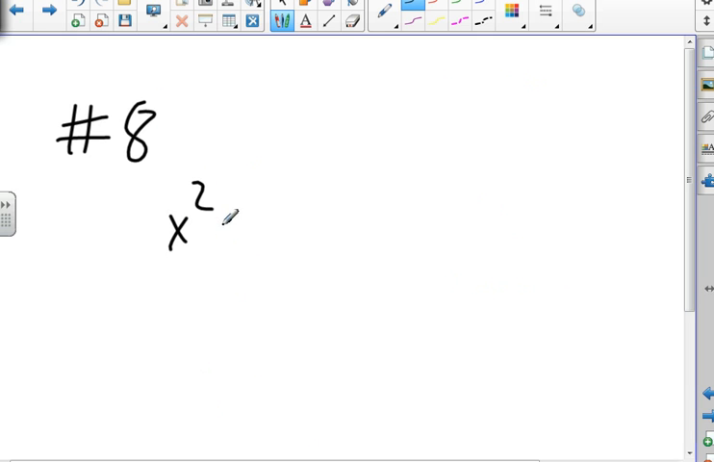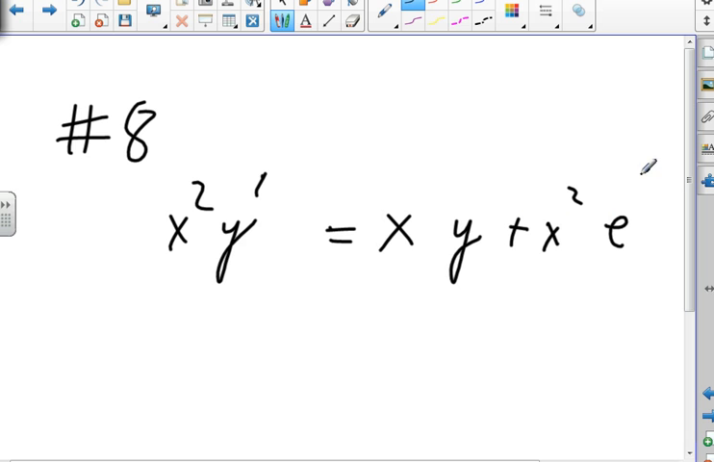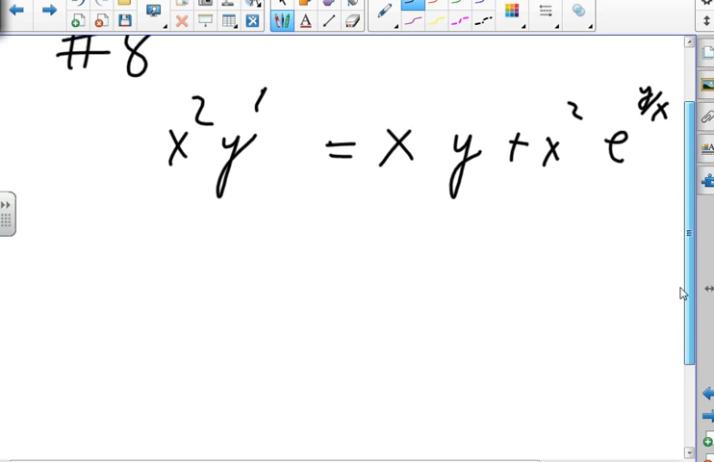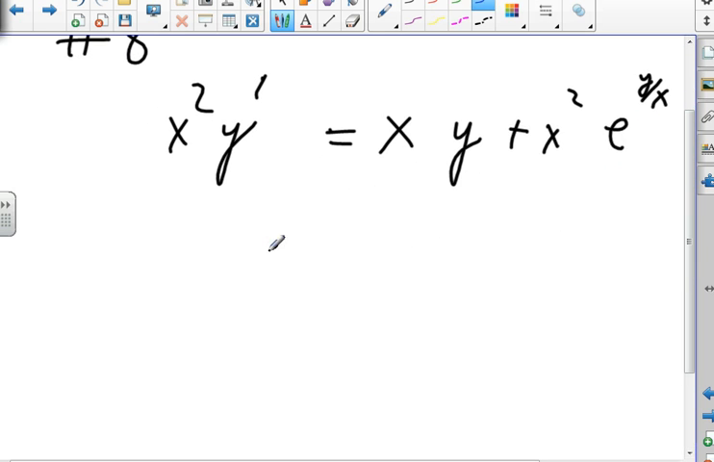I've got x squared y prime equals xy plus x squared e to the y over x. Oh, you gotta be kidding me. I gotta do that? Anybody want to go to the board and solve it for me? Okay, we're going to use u is y over x, y is xu,